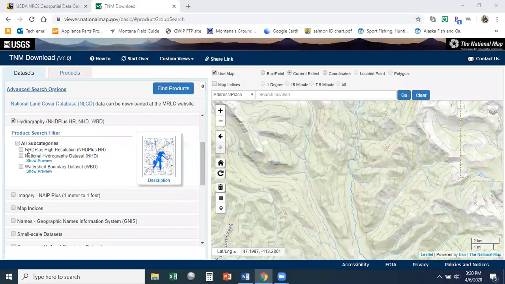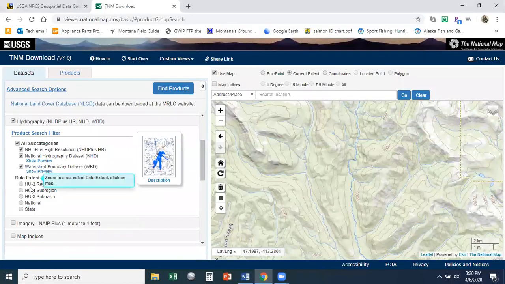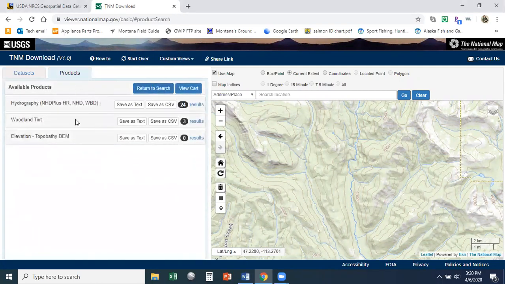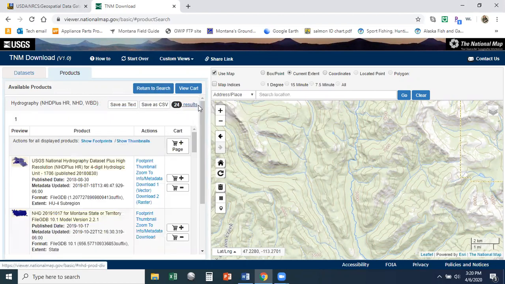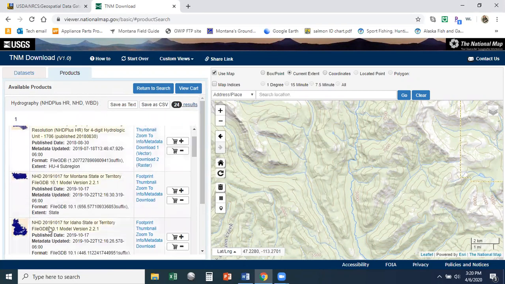I clicked something wrong here, so I'm going to go back in and choose all subcategories. Let's say we want this HUC 2 regional map boundary and say find products. It looks like it's only going to give us a text or a CSV, which isn't very helpful in the map. So click on results and you'll see what you get here is the information that you need to download,